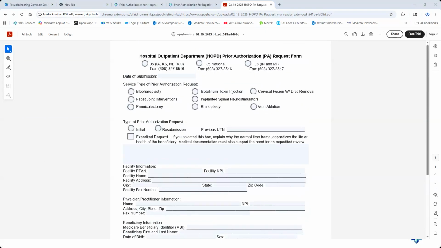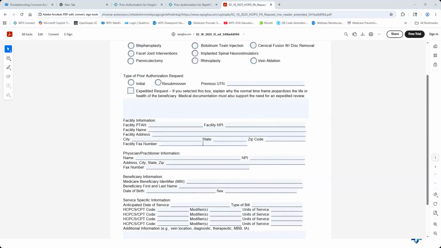Okay, so as you can see at the very top, we have all of the regions listed along with a fax number. So that's where you're going to start out with picking what jurisdiction you're in, and then it has the fax number provided of where you're going to send this. The area where the errors are occurring is within the facility information. So when we look at this section right here,